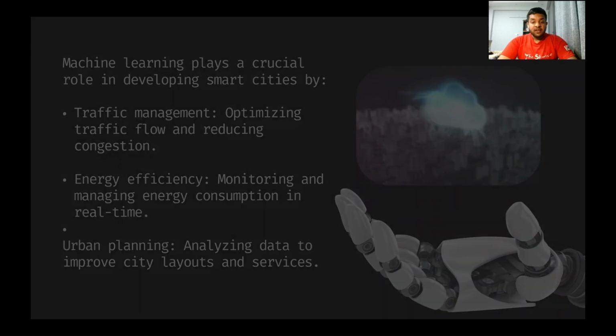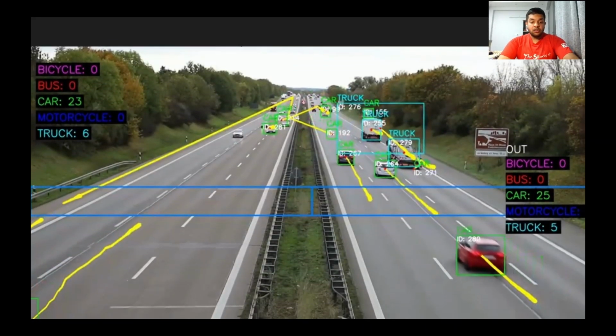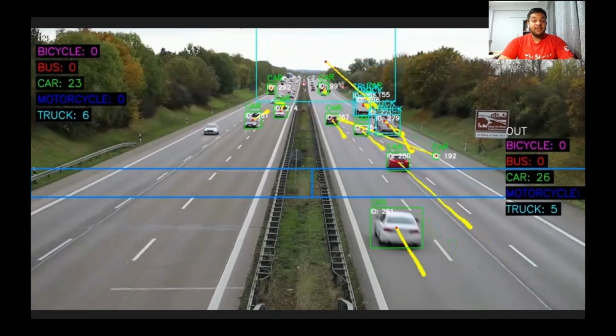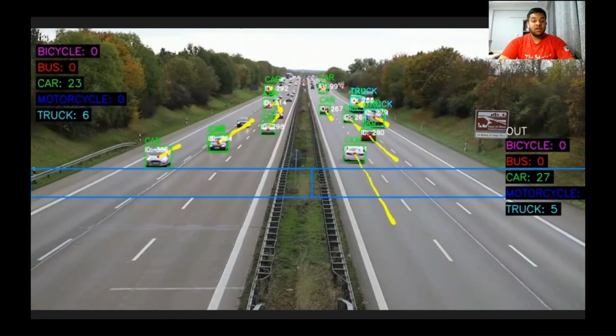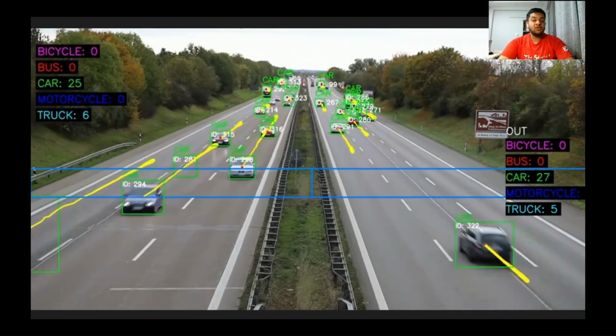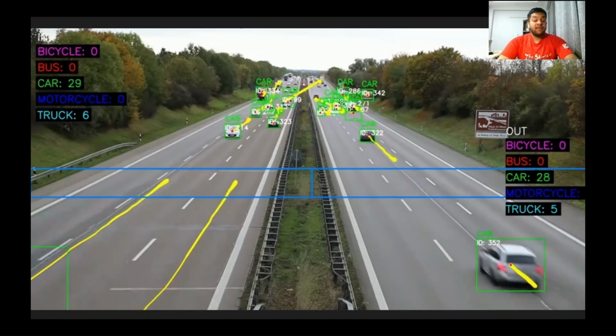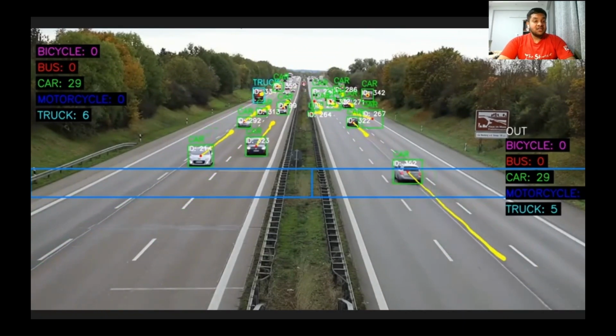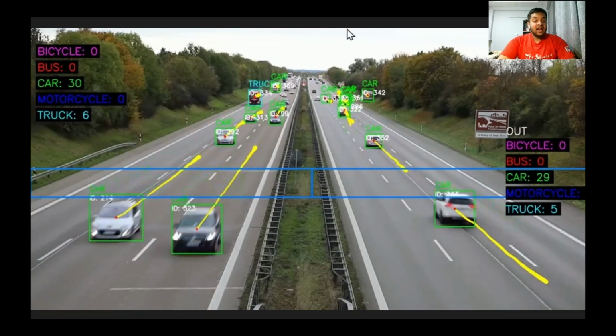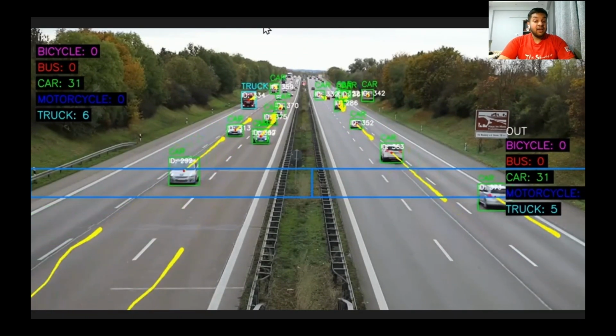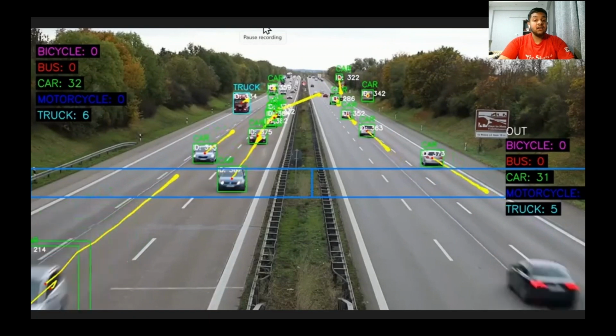So next we'll see a video. Here's a clip that demonstrates a machine learning model in action for traffic management, using YOLO and DeepSort to detect, track and count vehicles dynamically. This system can detect, track and count vehicles in real time, helping cities plan better for toll booths, parking spaces and signal timing. So we'll talk about the tech which is used here.